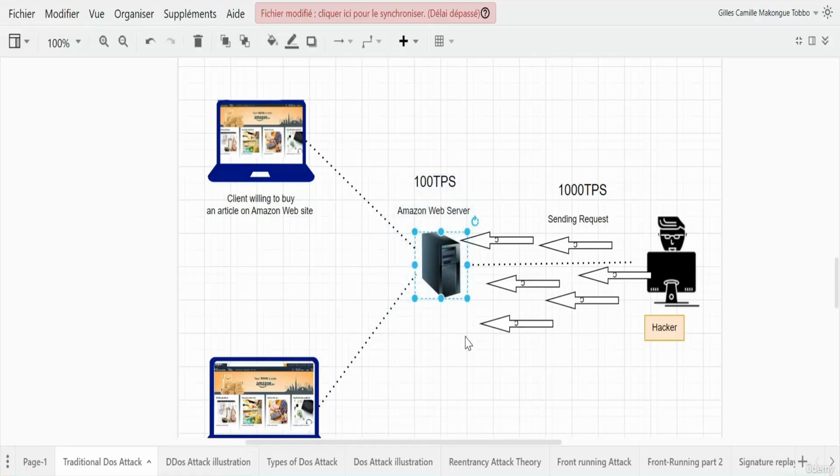It is a kind of attack that makes a service unavailable so that customers cannot access this service. And it can cause millions or even billions of losses in terms of revenue, in terms of profit,